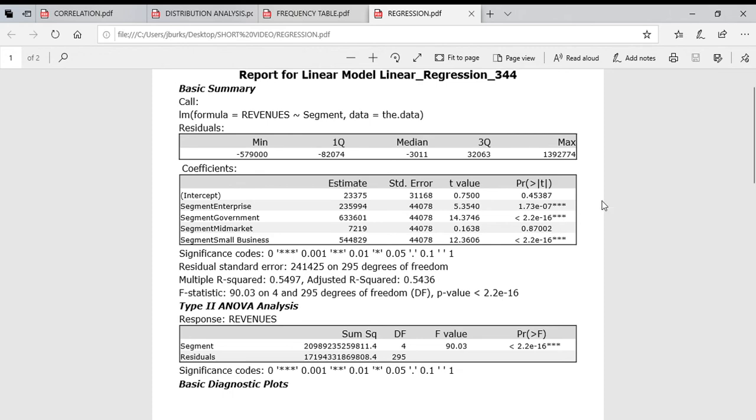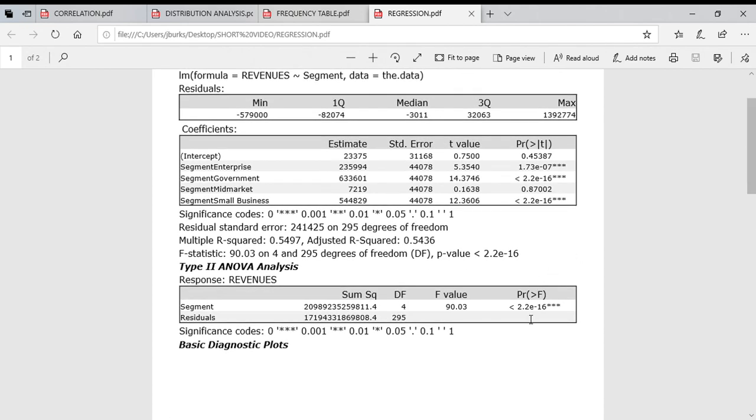And then what you also want to do is look at the adjusted R-squared. And what this is telling me is that only 54% of the variability is explained in this model. So you want to see that a little bit higher. So maybe if you remove the mid-market, rerun it, you might get a higher adjusted R-squared, somewhere around 80 to 90 or above. And also what I have is the p-value associated with the